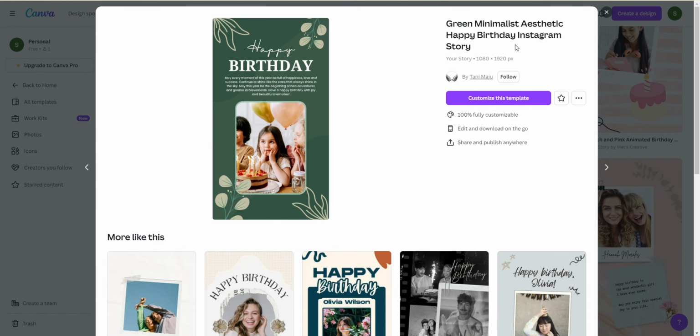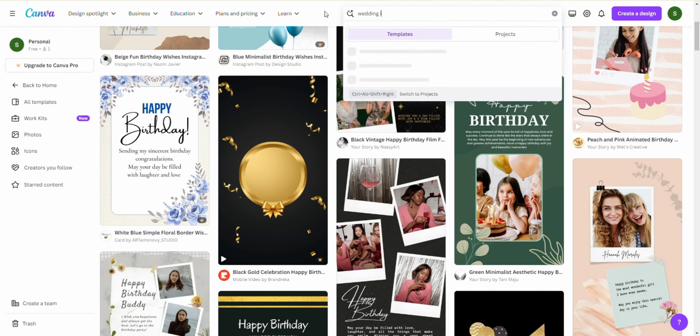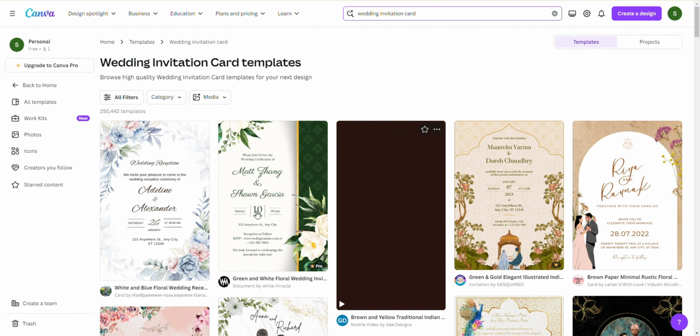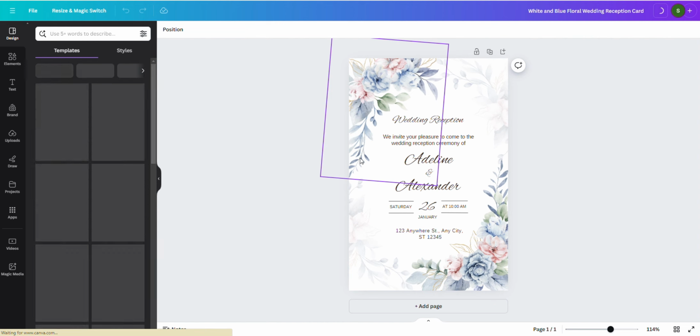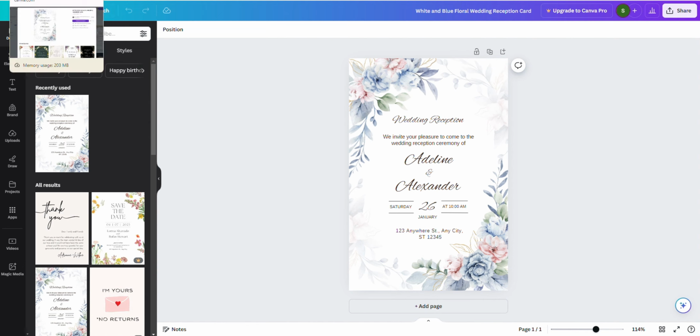And same like this, you can create wedding cards as well. So instead of visiting the studio to prepare the wedding invitation cards and all, by using this application you can generate a wedding invitation card. For example, I'm choosing the first option, wedding card. Yeah, this one. I'm clicking here, customize this template. That's all. Your card is getting ready. All you have to do is just edit the text, whatever you want, the date and the place, everything, and you can download and share this wedding invitation. It's getting ready in just 1 minute. How simple it is, right?